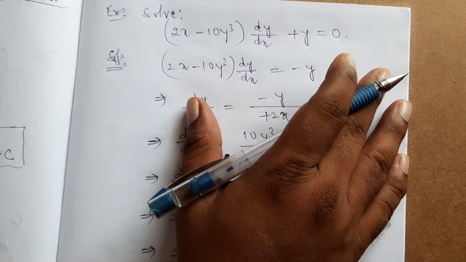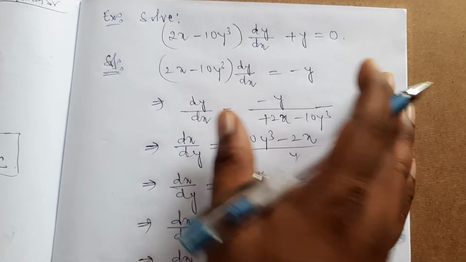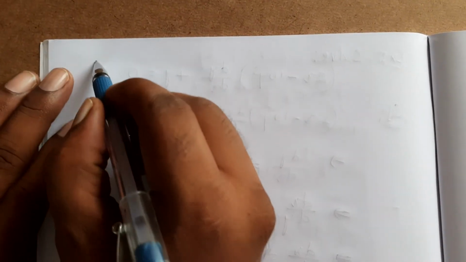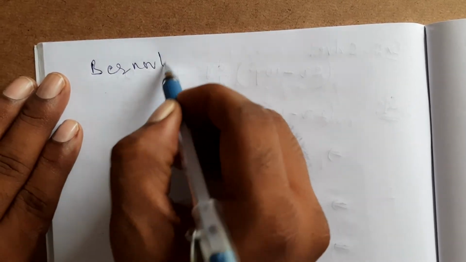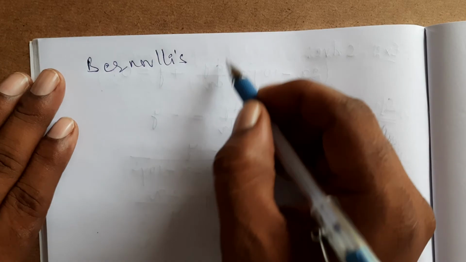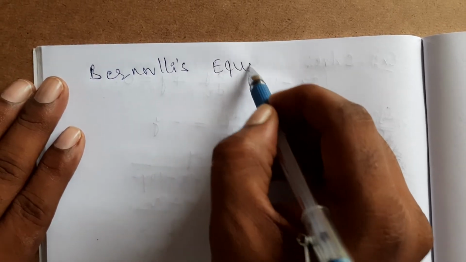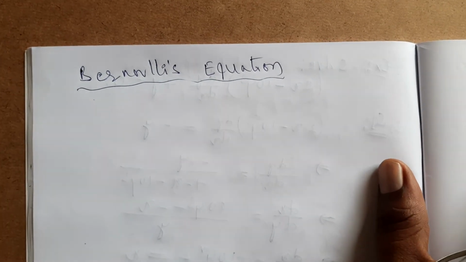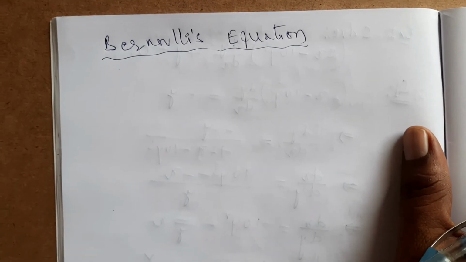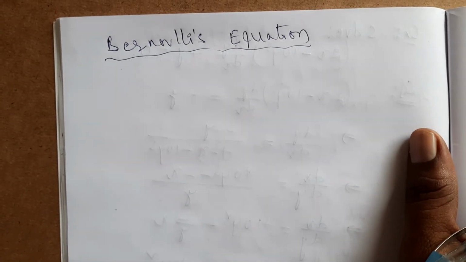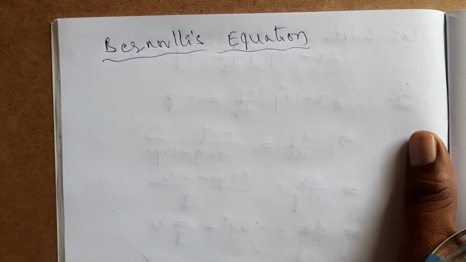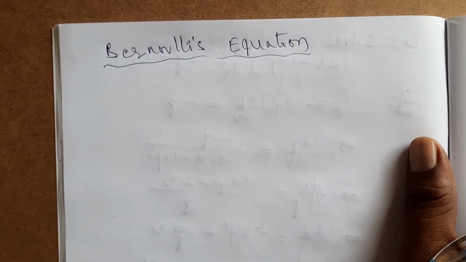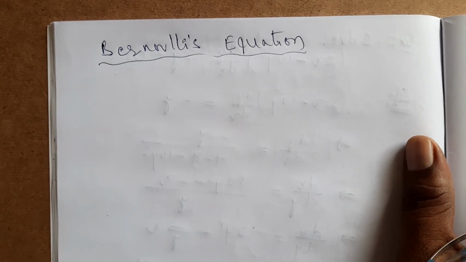Okay, this is also one more model. This also belongs to the linear differential equation. Remember this one. Now one more important model we will discuss, that is known as the Bernoulli's equation. This is also the next model, a linear differential equation extension model. By observing it, it is not in the linear differential equation form. If you modify that differential equation, then it changes to a linear differential equation model.